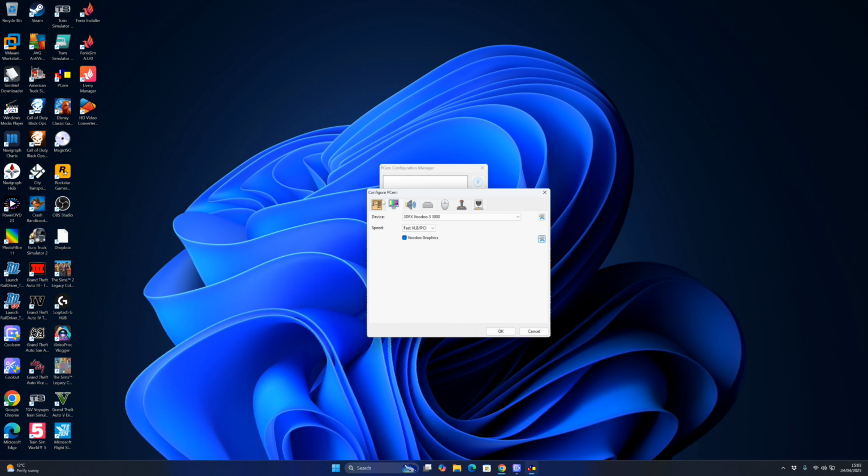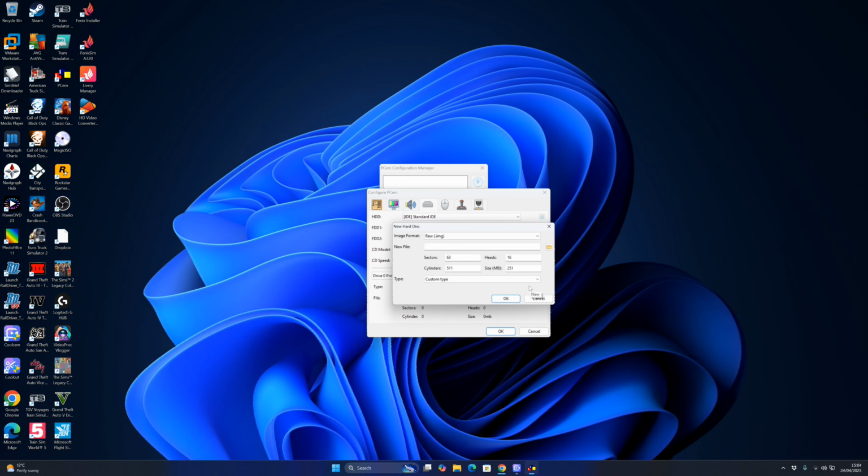Hit OK, and then go to devices and set the Sound Blaster to PCI 128. Then go to hard drive, floppy drive, and set this to 3.5 inch 1.44 megabytes. After that, I'm going to set the mouse from serial to Microsoft IntelliMouse PS/2, and I'm going to set the hard drive to